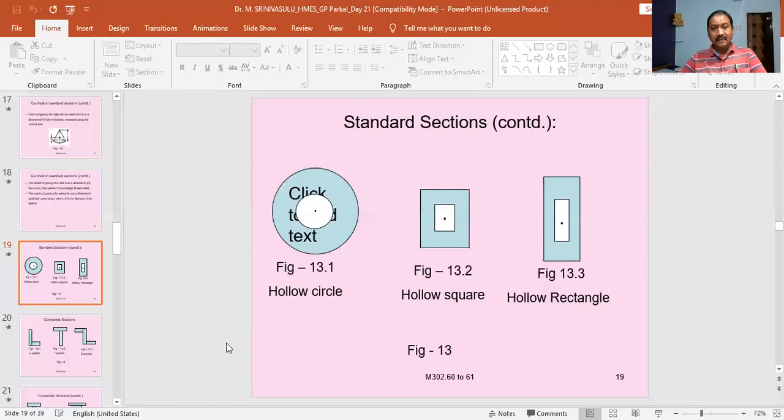Similarly, for the case of a hollow circle also, the cutout point is the same thing. The cutout point is also symmetrical. Therefore, in the case of the rectangle also, when a symmetrical shape is cut out, which has equidistance from the center point, the center of gravity or the centroid will not shift. It will remain at the same point, the midpoint, that is nothing but the point of intersection of the diagonals in all the cases.